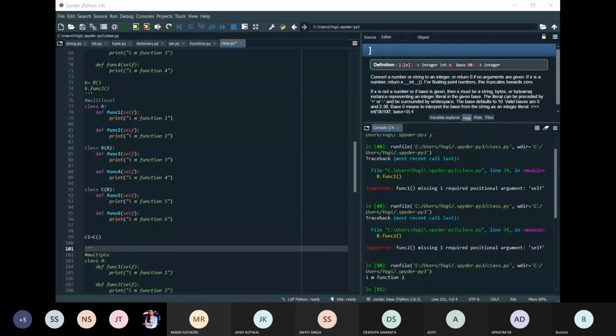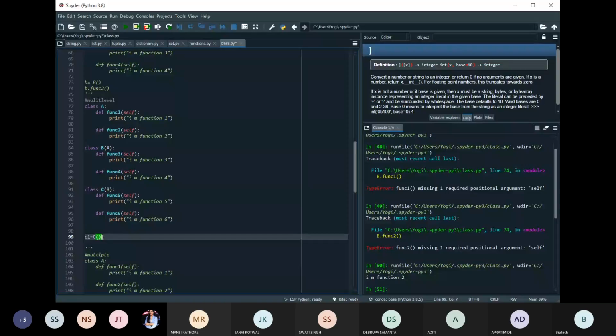In the one base class, I have taken class A. In it, I have taken function 1 and function 2. Then I have created another class B that is inheriting the property of class A, with function 3, function 4. And then C is inheriting the property of B. So multi-level: 1, then 2, then 3. Different levels are there, right? One parent, then another parent, then another one parent, then its child, then that child is behaving as a parent for another class. Okay, so now I have created the object of this particular class, C.